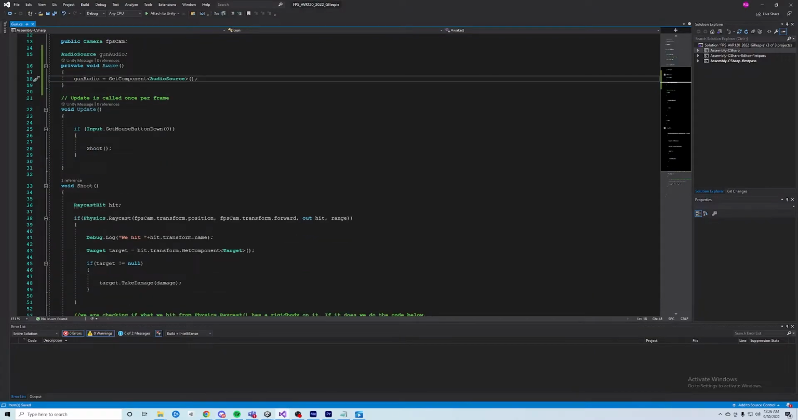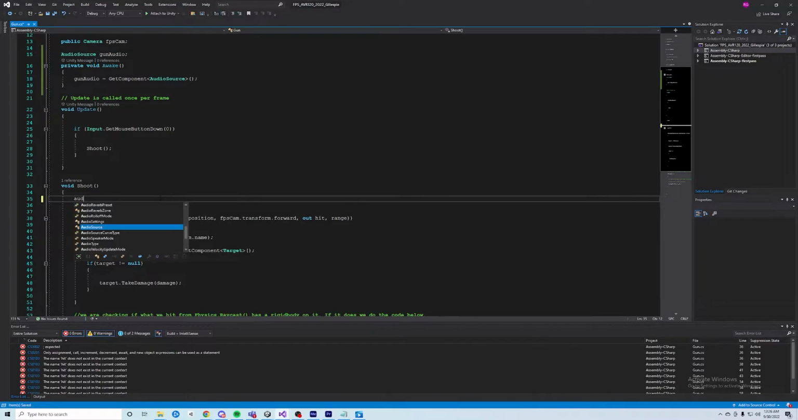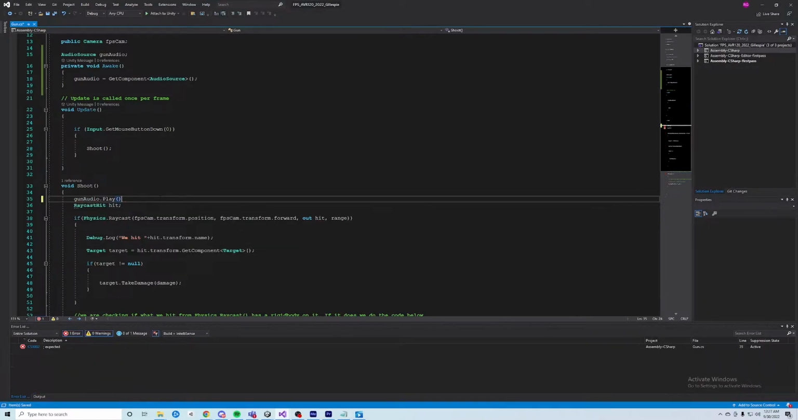Now, when we shoot the gun, we want audio to play. So inside of the Shoot method, before we do anything, we can reference the gunAudio and access a Play method off of the audio source. This will just play the clip that is currently loaded into the audio source. And so if we save that now,